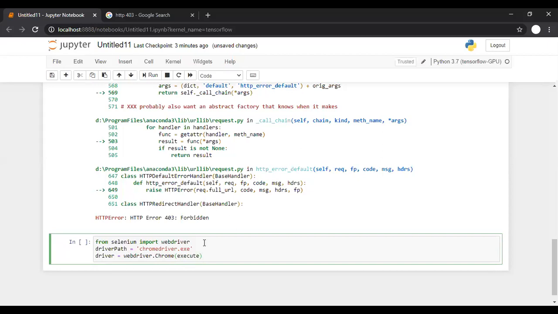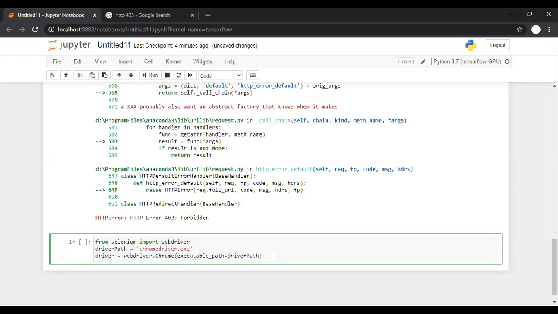So first specify the path for that exe file, executable underscore path is equal to driver path. So now we are telling, okay, use Chrome browser for accessing the pages, and this is the path for the driver.